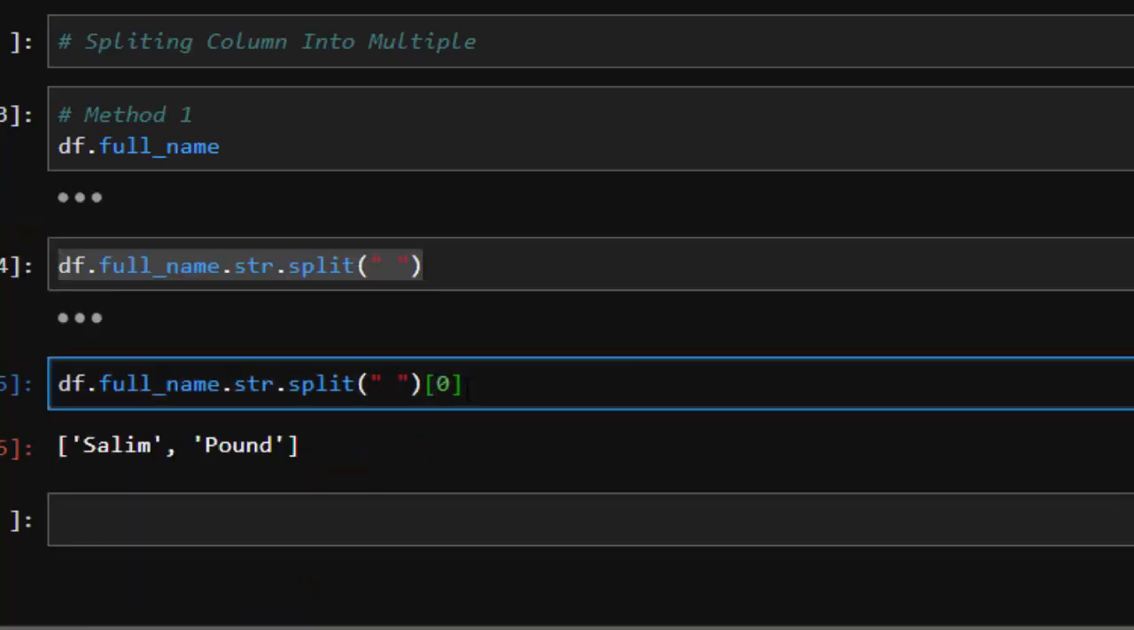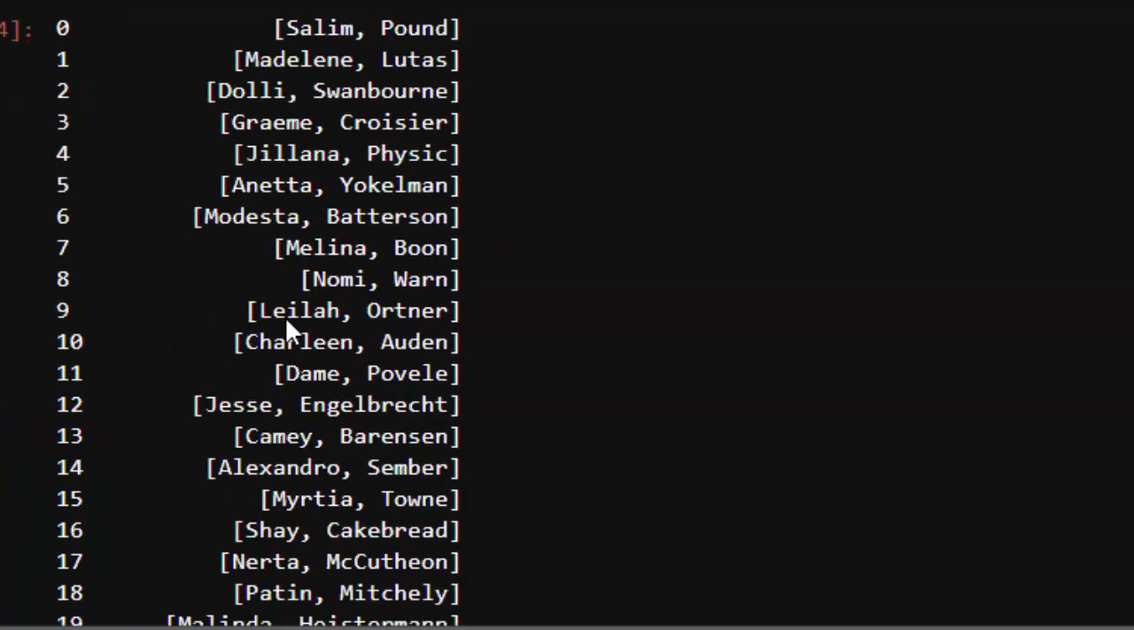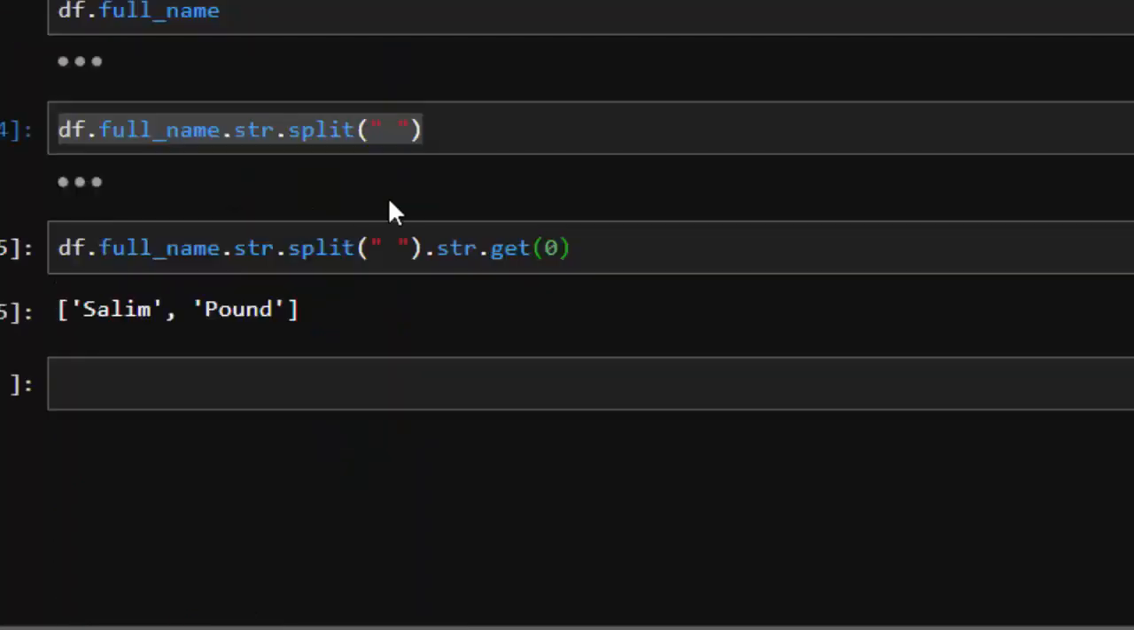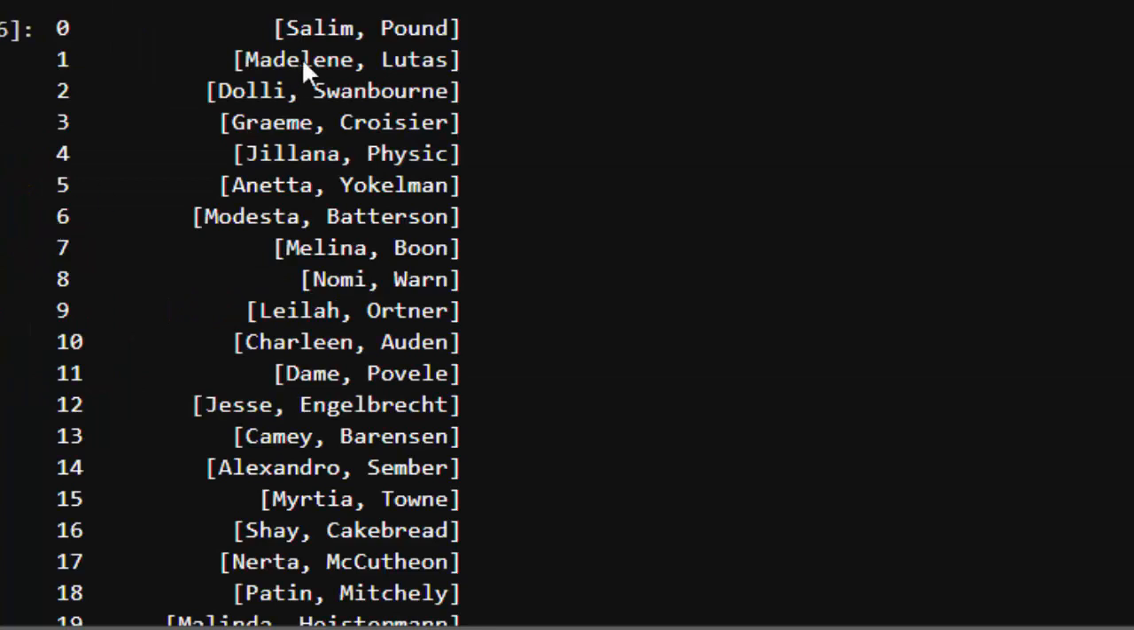So the best method is to use the dot get. So dot string dot get, then dot get. You're telling it that I want the first part, which is this one. So in Python, realize that we count from 0, not from 1, right? So 0, 1. So I want the first part, which is going to be 0 here. So if I run this again,